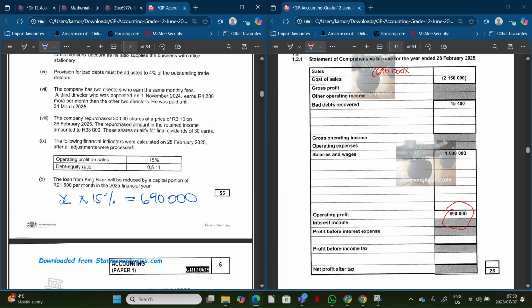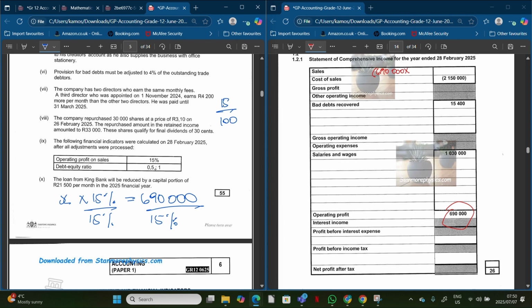But now if you're looking for the value of the sales, we're going to divide by that 15%. We know that 15% can be written as 15 over 100. So if you have 690,000 divided by 15 over 100,